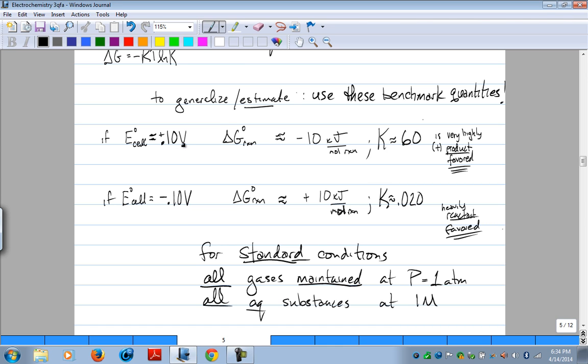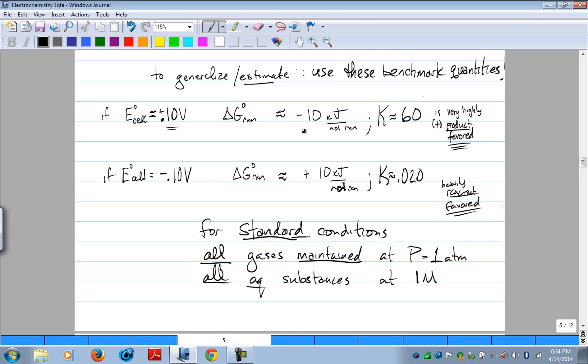So the 0.10 volts converts under standard conditions to negative 10 kilojoules per mole of reaction, and an equilibrium constant value of about 60, or heavily product favored. So even if you can construct a standard voltaic cell that has what seems to be a very low potential difference of 0.10 volts,